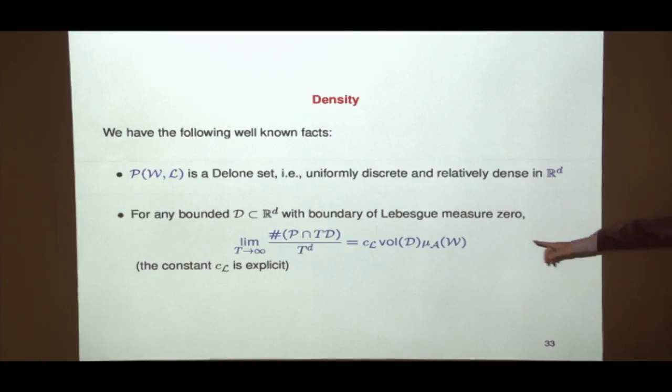And secondly, we also know how many points of our point set are in a big ball of radius t, and it's exactly proportional to the volume of that ball, with some constants that depend on our construction. So that's good, right? We don't want to construct a Lorentz gas whose density is sort of going to 0 at infinity. We want it to be homogeneous in this setting. Otherwise,